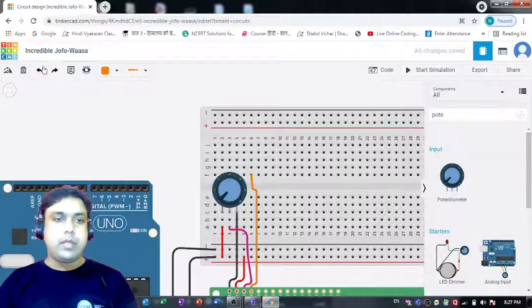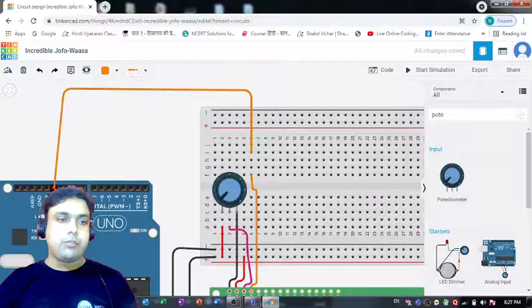So let's use this pin. I think that will be a better choice. So let's select this pin and I'm going to connect it with one of these pins. So let me make use of this pin 12 for now, right.